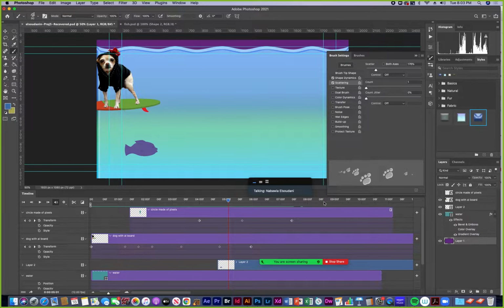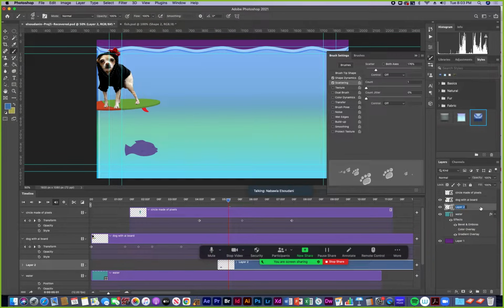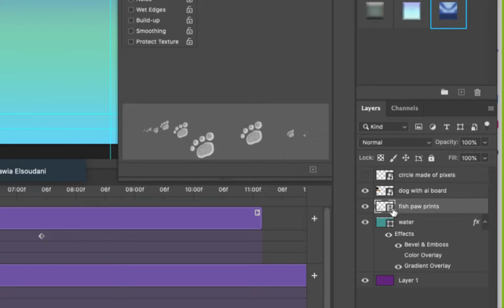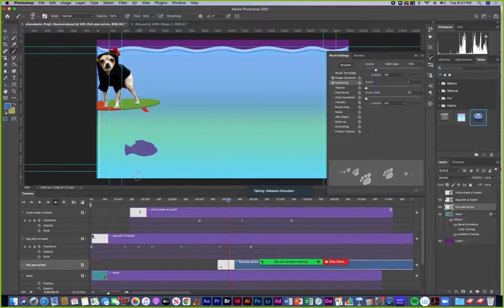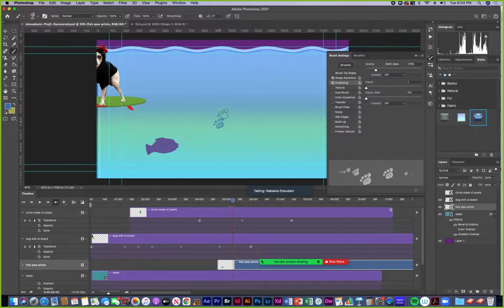But I'm on the wrong layers, so I need to highlight the layer because my blank video layer is layer 2. So I need to highlight it. I'm going to call this fish paw print. Notice the blank video layer has an icon that looks like a film strip because it's durational. Okay, so let's see what happens if I'm just drawing out with my mouse right now. And then I can go frame forward and just do like streaks of paw prints here and there.